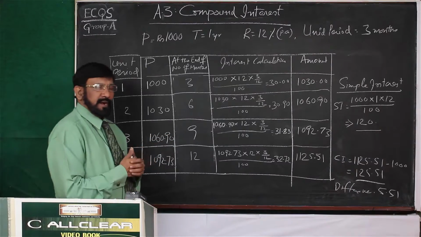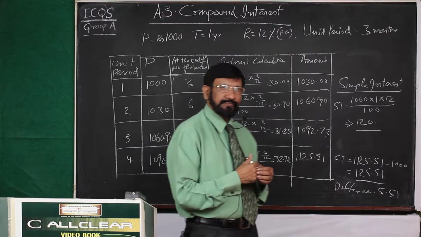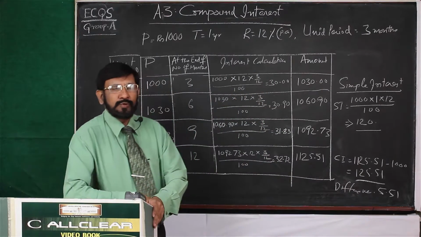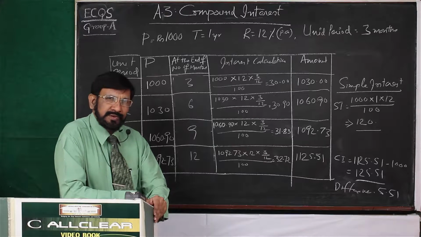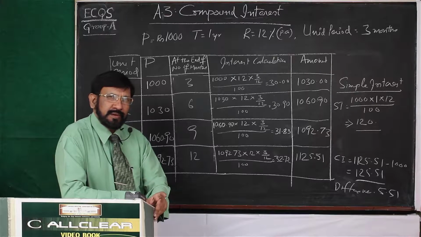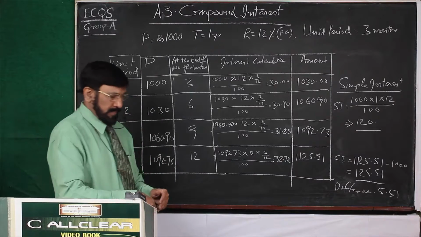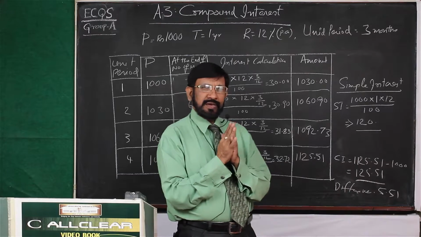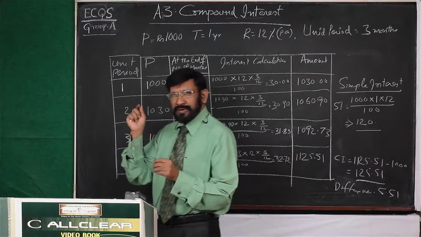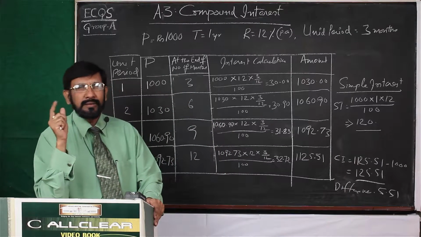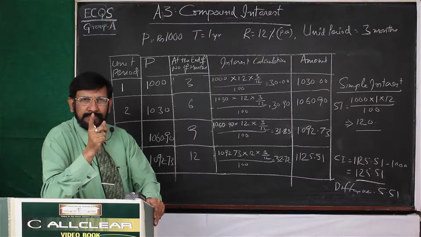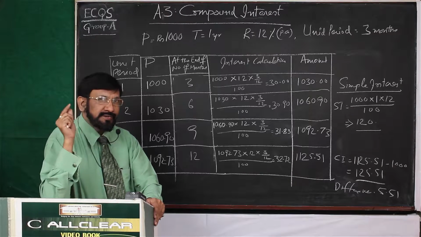Now, in our present context, we are focusing on interest. Interest is calculated in two methods. The first method is the simple interest calculation method, and the second method is the compound interest calculation method. In the simple interest calculation method, we always calculate interest only on the principal amount, and interest is not calculated on interest accrued.